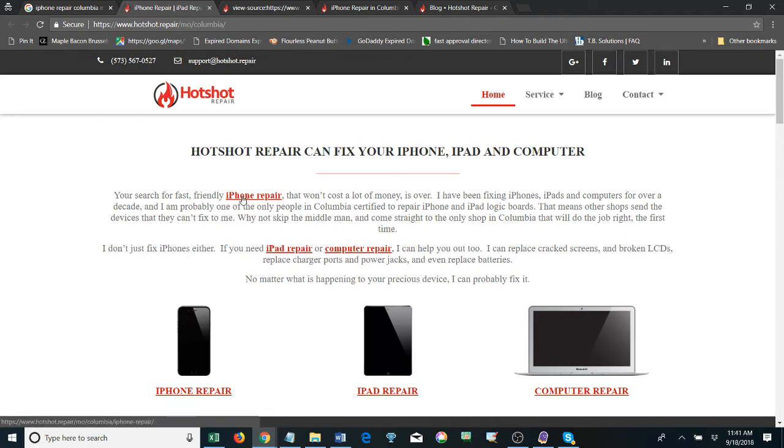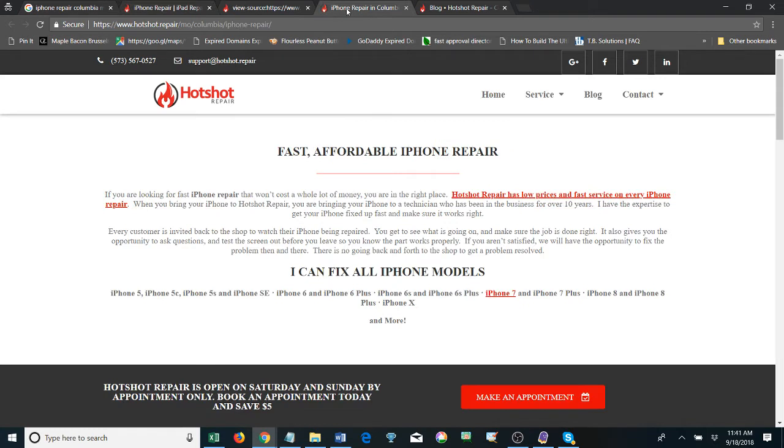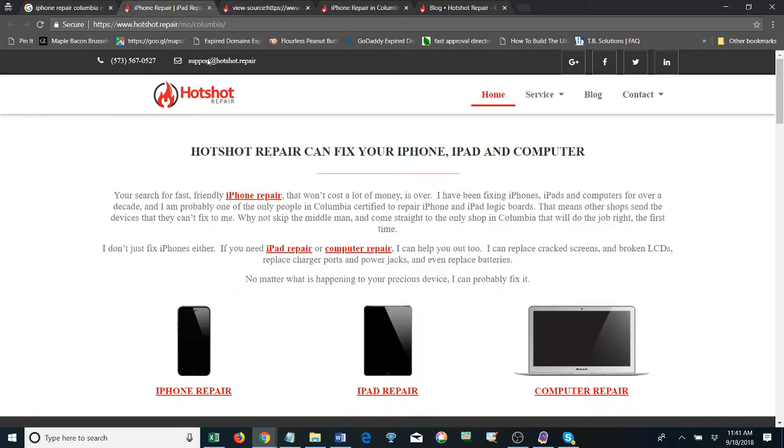You have iPhone repair, which is your main keyword, and you are linking it to your inner page. So you're sending a signal to Google that this is important for iPhone repair page, so that is good. So if you want this inner page to rank, you keep your iPhone repair link here, keep this here, and now you're going to de-optimize this page for iPhone repair, period.